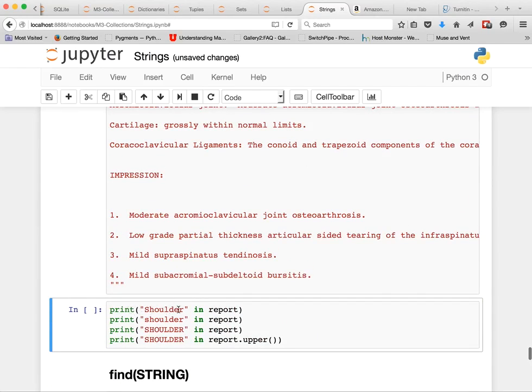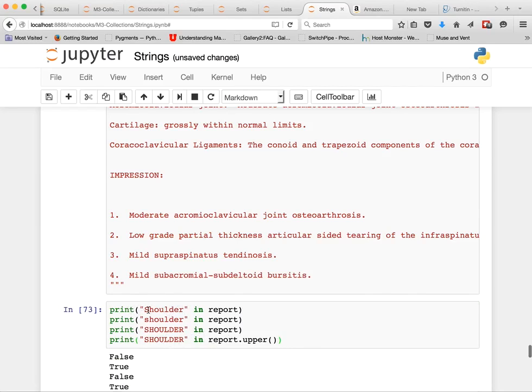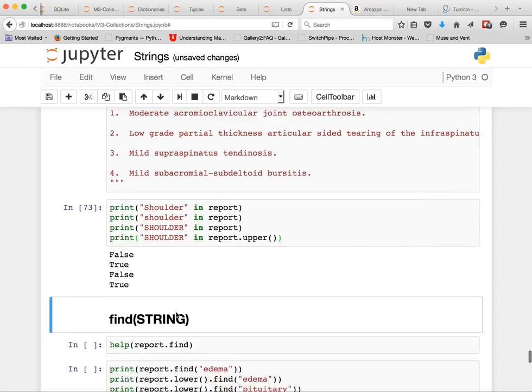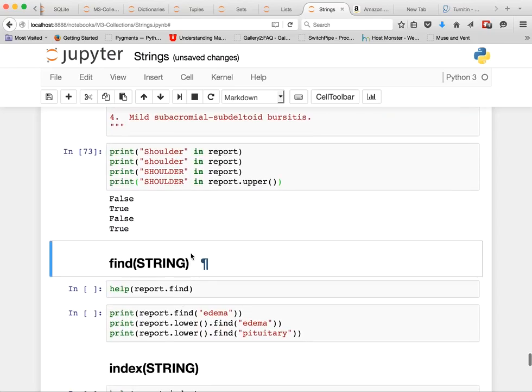And so we're going to ask, are different versions of shoulder found in the report? A capitalized shoulder is not in the report. A lowercase shoulder is in the report. An uppercase shoulder is not in the report. But if we convert report to an upper, then we can find that in there. Okay, find